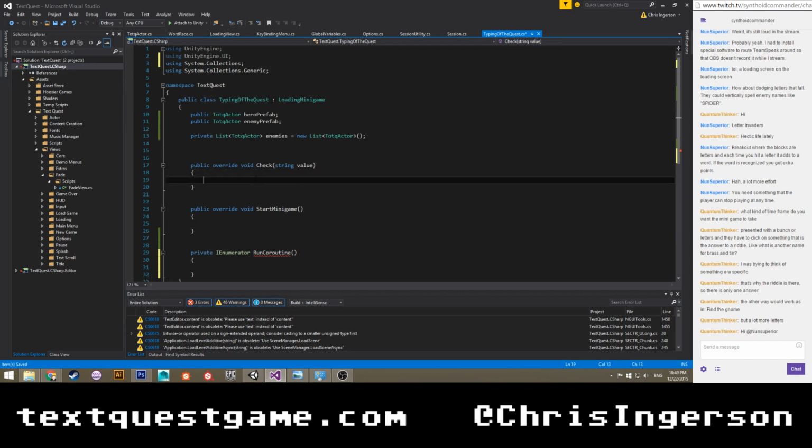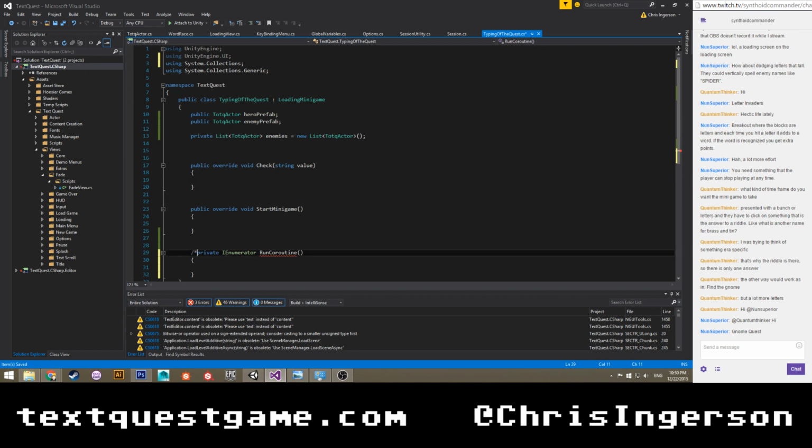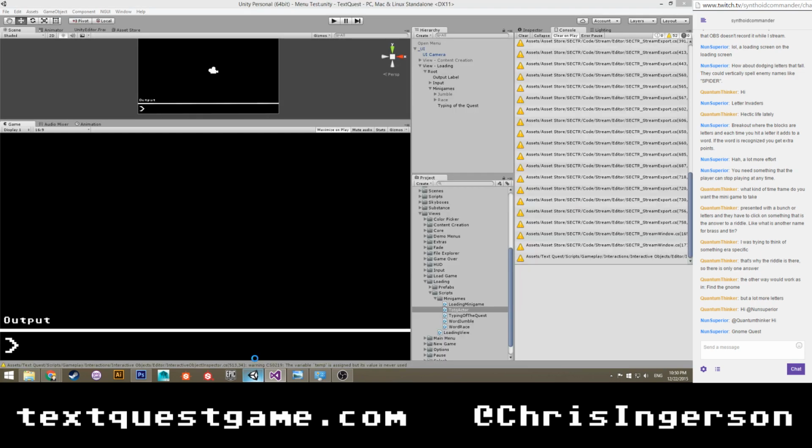Trying to think of a good way to do this sort of type the letters that are close to you. Because it's not a bad idea, it's just kind of. Why don't I leave this for now, since this is a little bit more complicated? I have to think of a good way to do it. Gnome quest. Ah, that's true. That could be a possible thing to do.